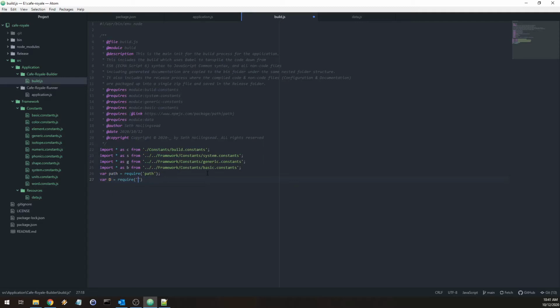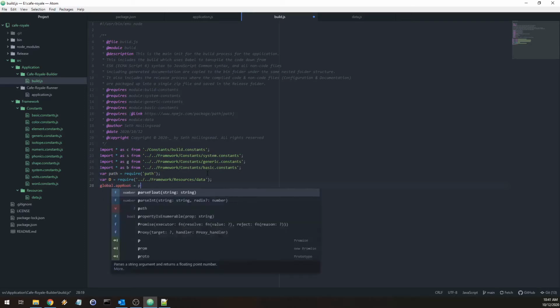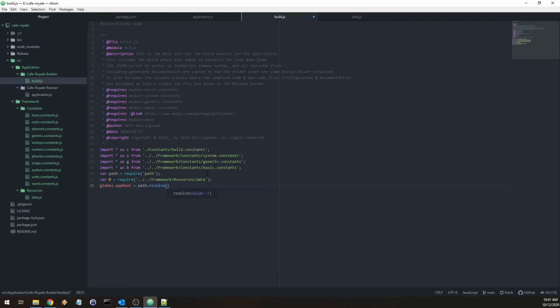Framework resources data. Okay. Now we're going to set up the app root. Global.appRoot equals path.resolve dirname. That gets us that, and our root path equals